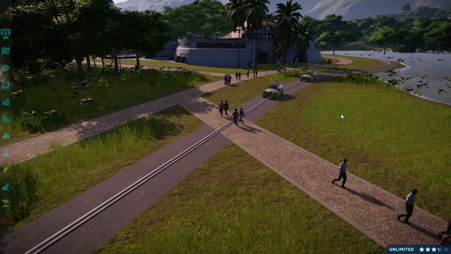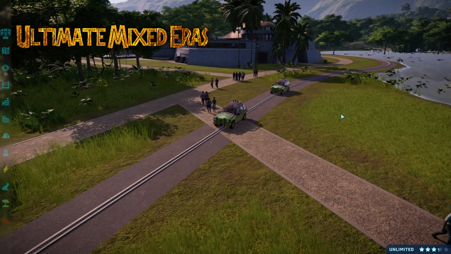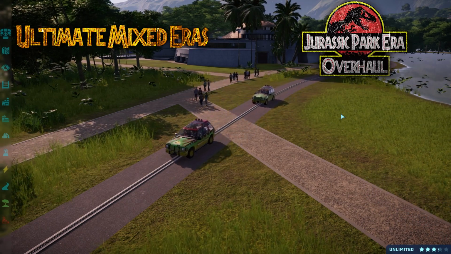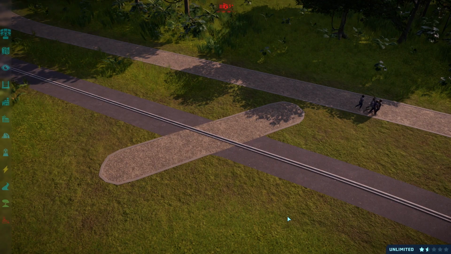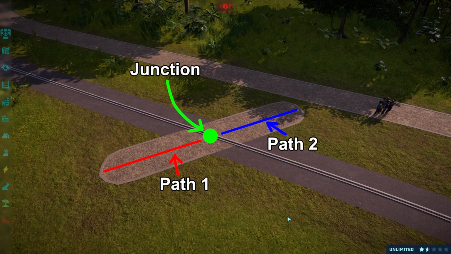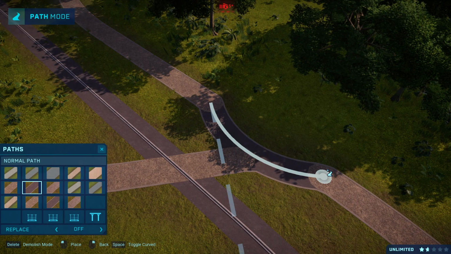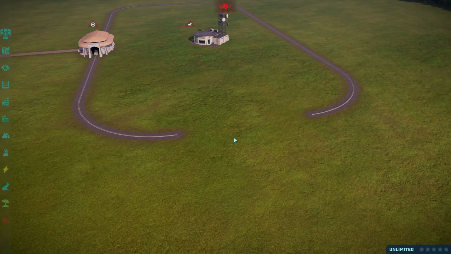Hi, I'm Kai, and today I'm going to be showing you how you can create track crossings using the new crossing tool available in Ultimate Mixed Errors and JP Error Overhaul 1.6. The whole point of this guide is to show you how to attach these two paths onto your tour in a way that doesn't break the tour. Because once you have these two paths attached, you can connect any path in the game to them and Git will walk right through. Now before we start, there's a couple of rules you need to follow, otherwise your tracks